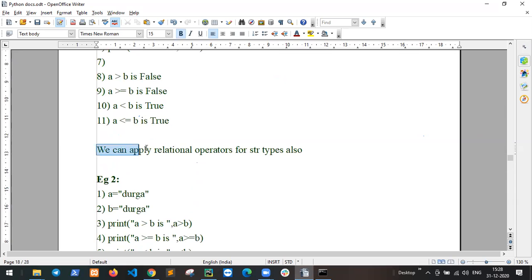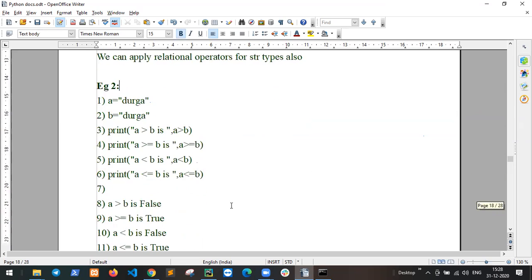We can apply relational operators for str type also. We can apply relational operators to strings, numbers, integers and float values. So we can also apply them to string types. So how to apply?